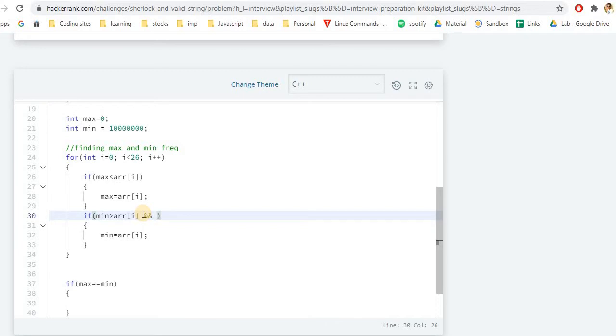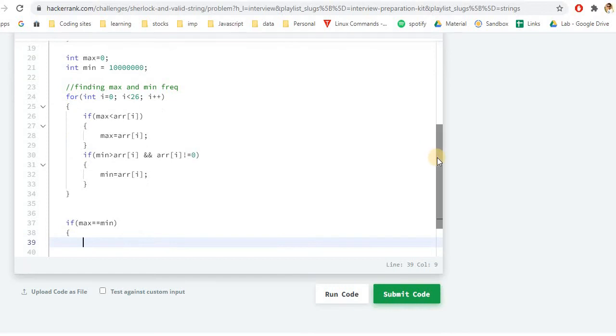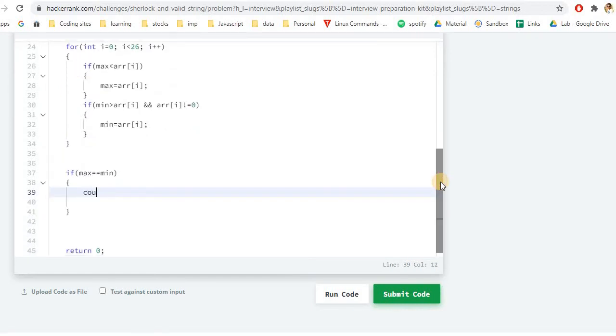We can simply write here where array of i is not equal to 0, so that will ensure that we get a minimum value which is non-zero. If maximum and minimum are the same for the non-zero values, it basically means it is a valid string and we will print cout yes. After this, we'll have an else block where we'll do the other operations.